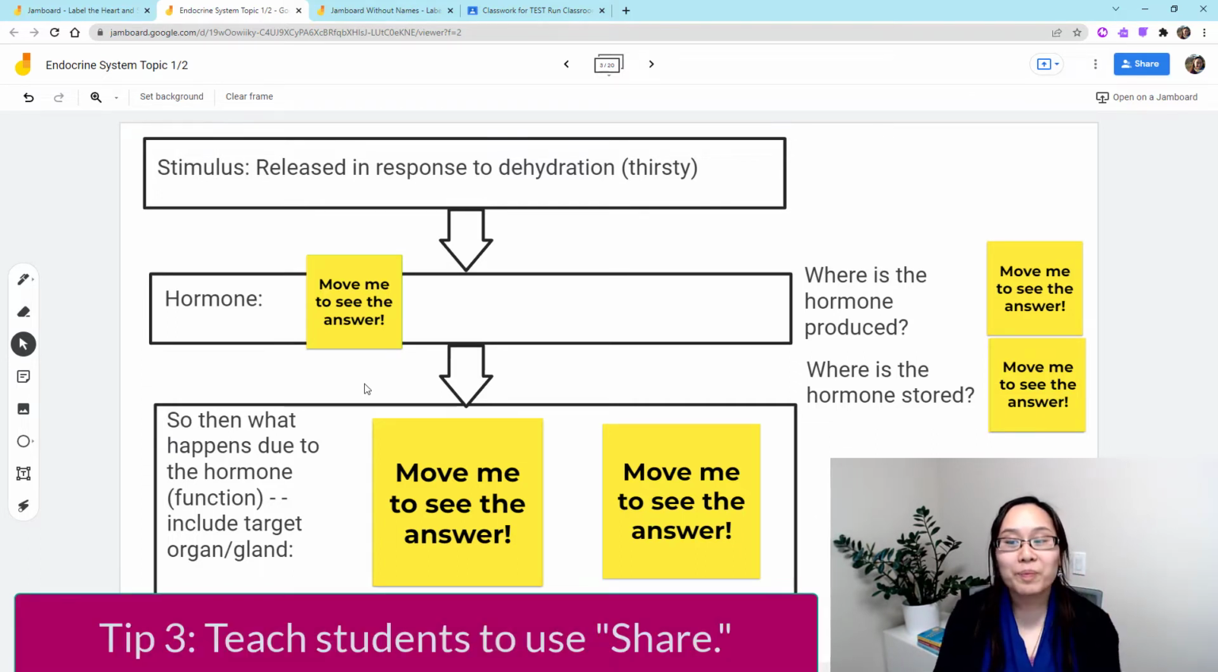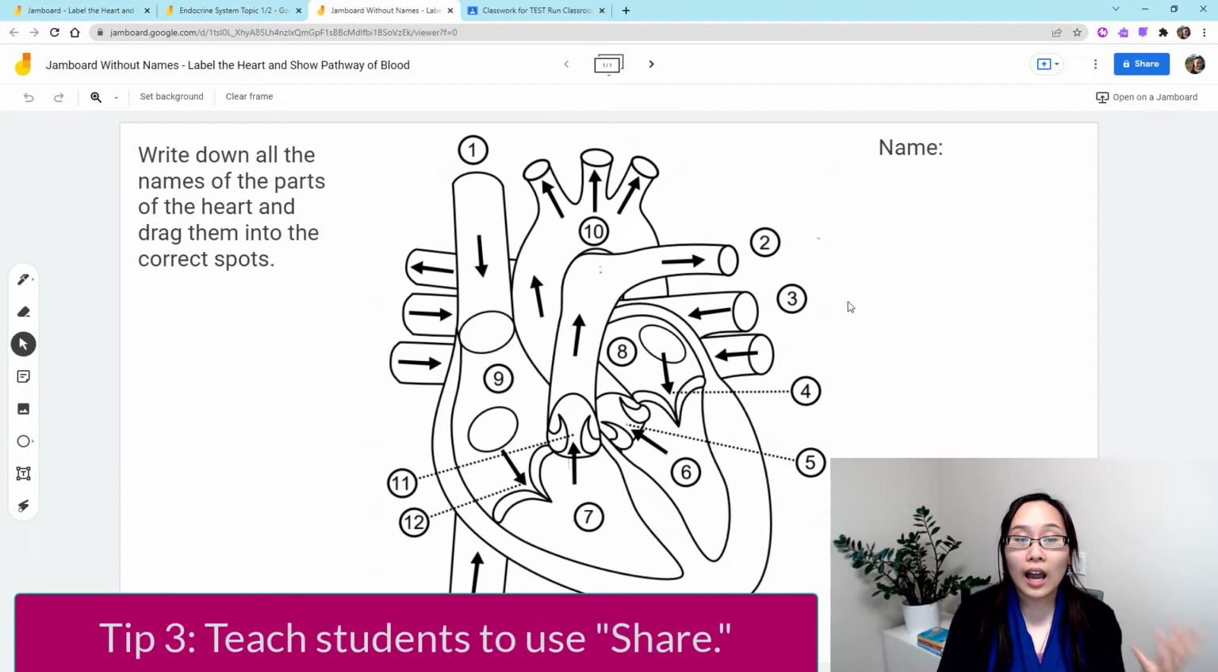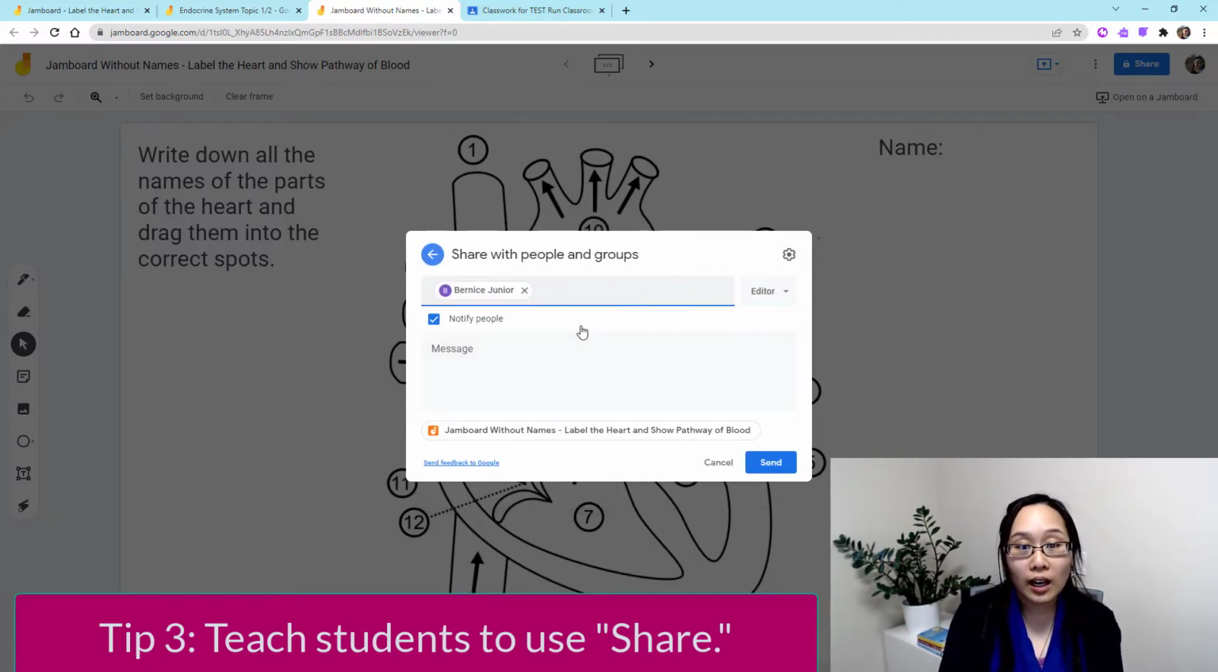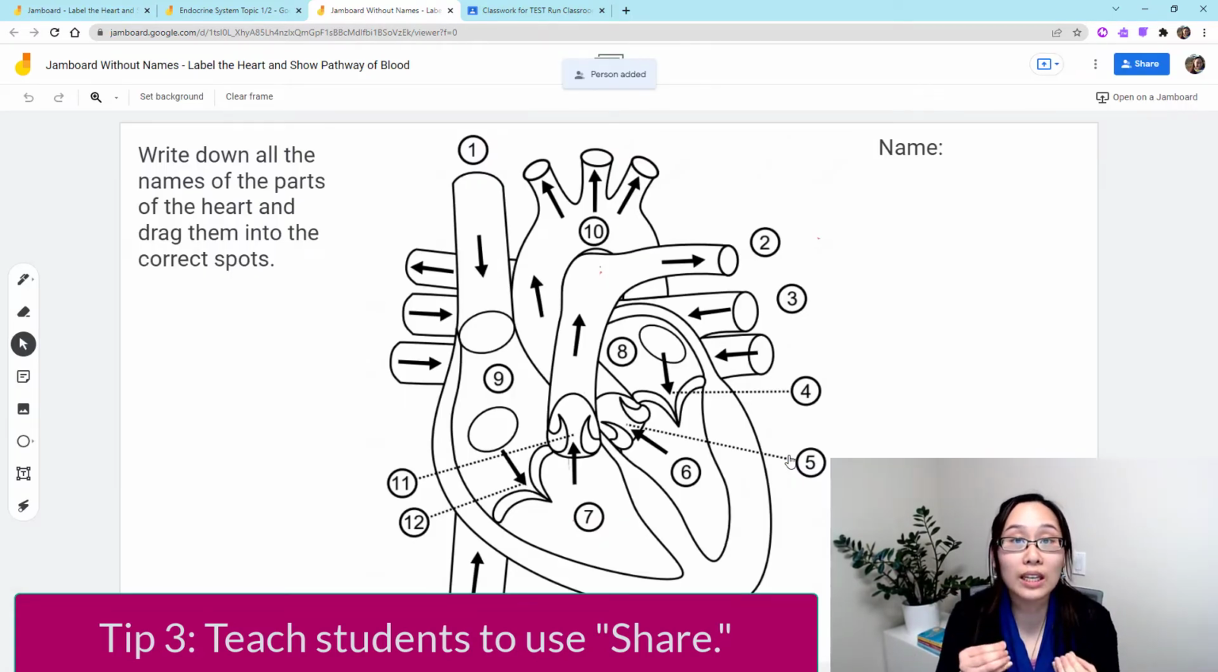Tip 3, teach students to use the share button. So as you can see, you can go ahead and take a look at any activity here, and they can press the share button on the top right-hand corner. If they click the share button, they can go ahead and add another individual here, and they can now press send. By doing this, students now have the option of either working alone or collaborating in partners or small groups with these activities. If students are collaborating on activities, make sure students have clear guidelines on independent work and collaboration work,